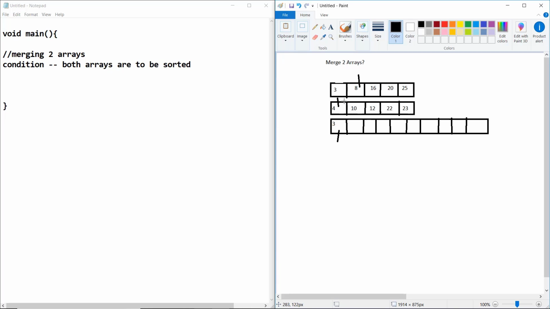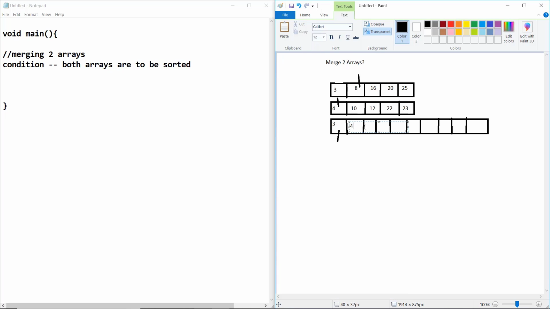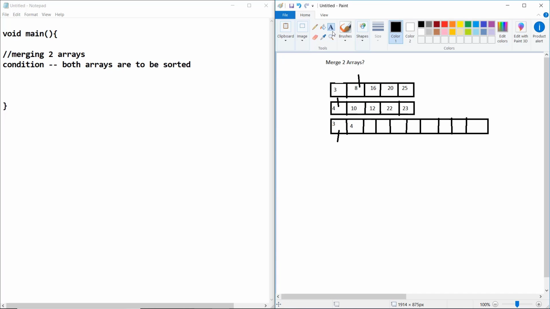Which is smaller? 4 is smaller, so we store it and move this pointer to the next element. Now compare these two elements.